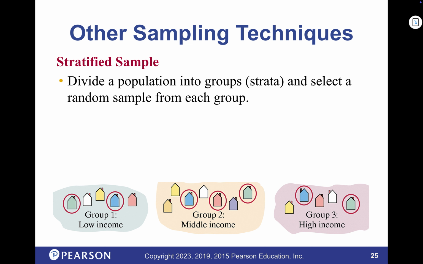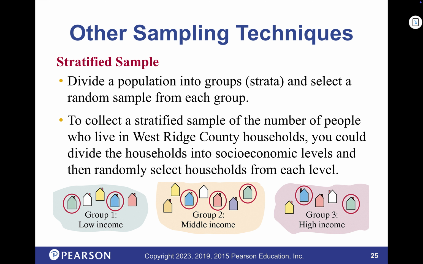Stratified sample. So here's another way to do it. Sometimes we want to break them into groups. In this case, they wanted to get some information about households, but by their income group, to see if there's a different response by income. So low, medium, high income, and then randomly select from within those groupings. You first find out what their income is, put them in their group, and then you randomize from each of the groups. Maybe you get 10 from each group, something like that. Does that make sense? So that's a stratified sample.